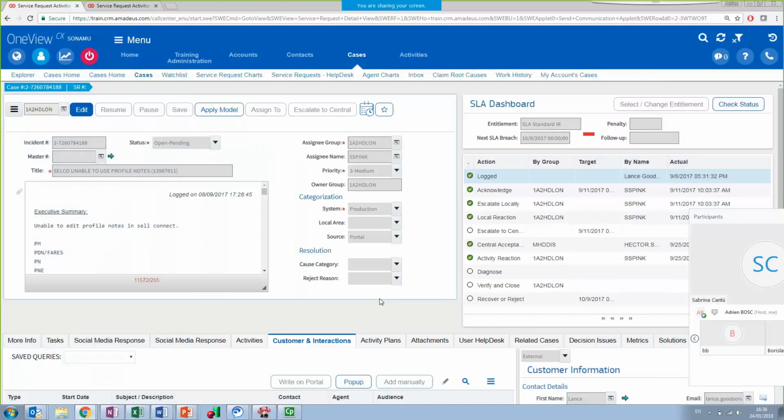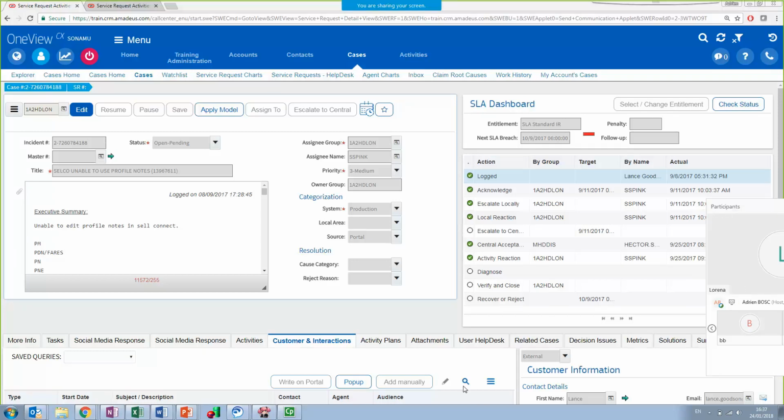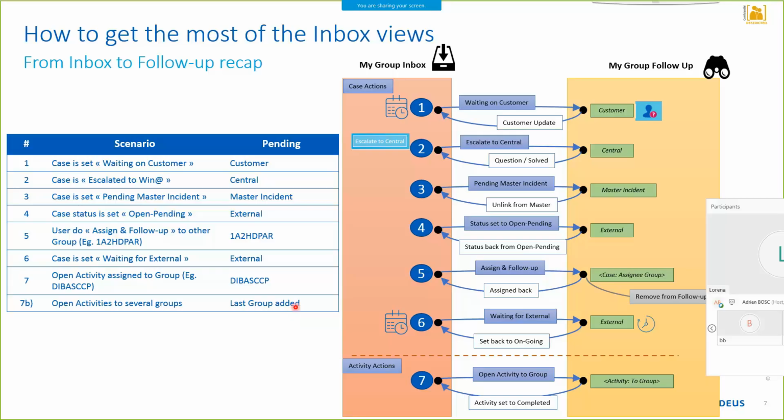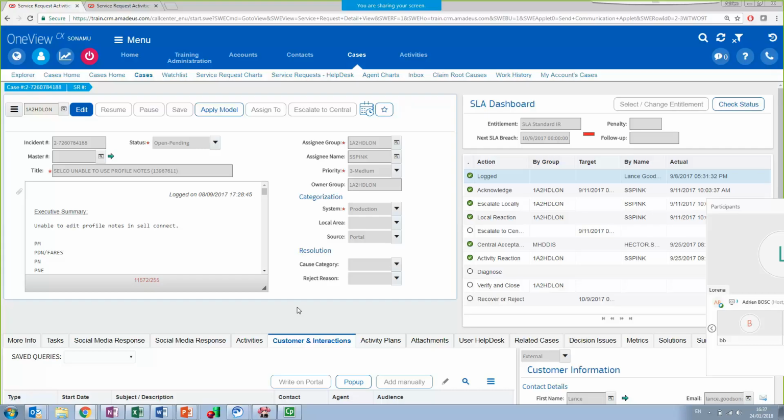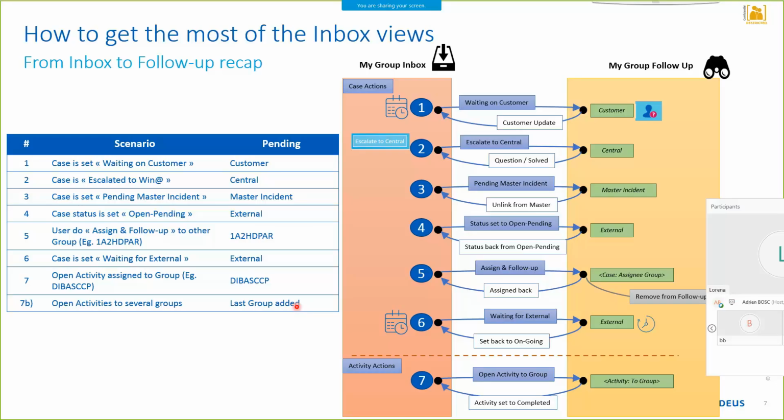Yeah, well, that's good that you brought this use case so that we can talk about it and find a solution. So I would say in this case, if it's not really pending an action on customer side, it's better to send manually the email than changing the portal status to waiting on customer. Very good. Thank you. Okay. There will be another Q&A session in 10 minutes when I will be finished with the presentation, so make sure to keep your questions in mind.